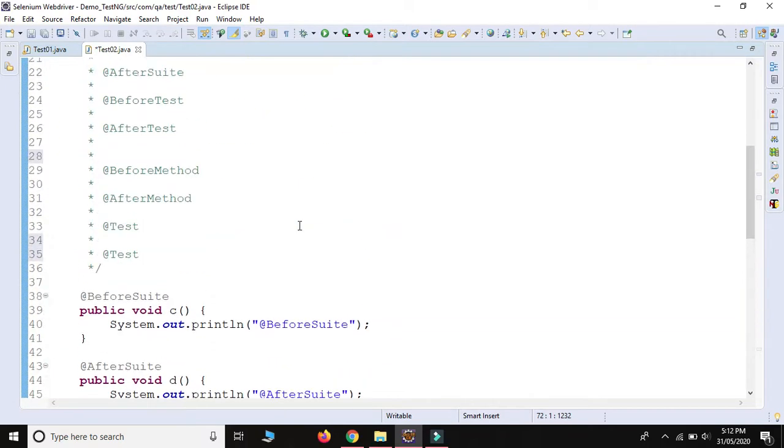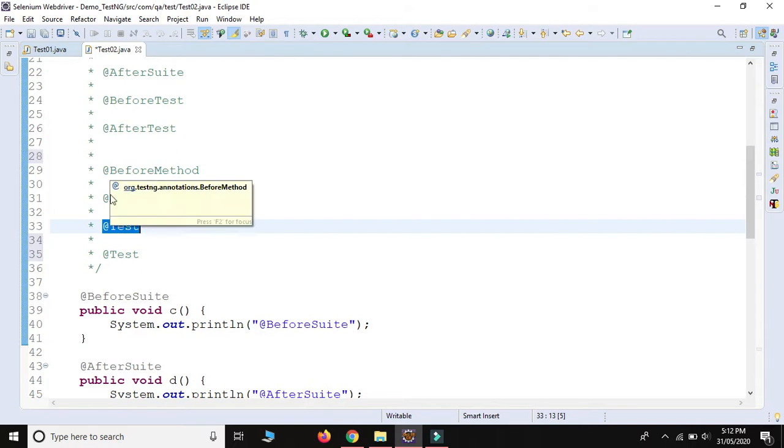So if I have two tests, then in this case it will check @Test is here, but we have mentioned this @BeforeMethod also. So before executing this @Test, it will execute this block because its keyword is BeforeMethod, which means it will execute before this @Test.